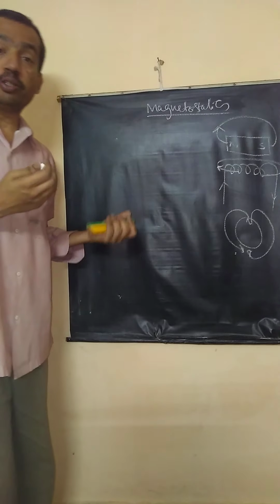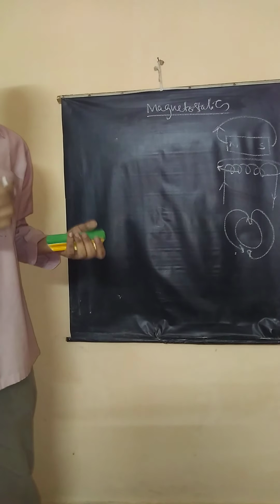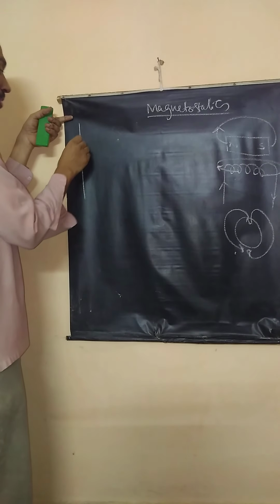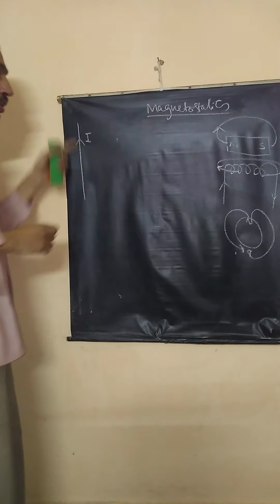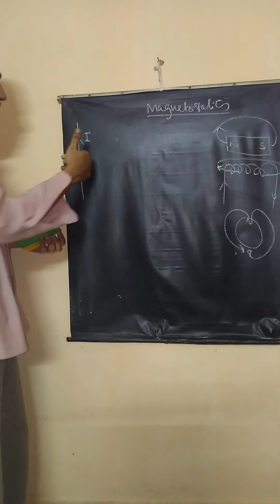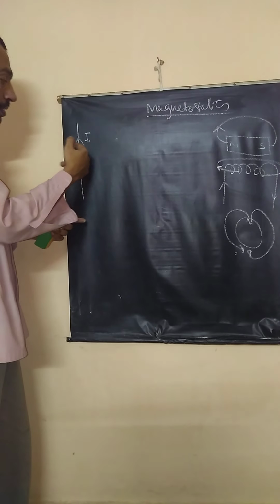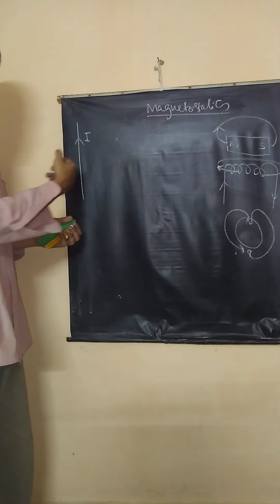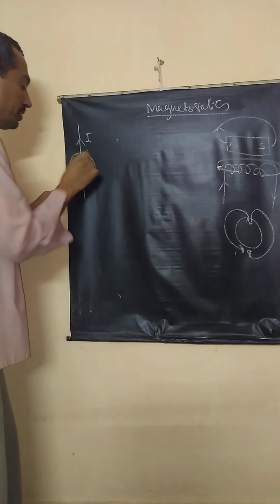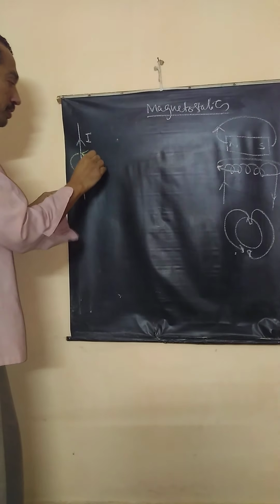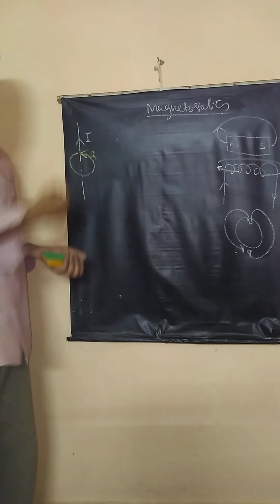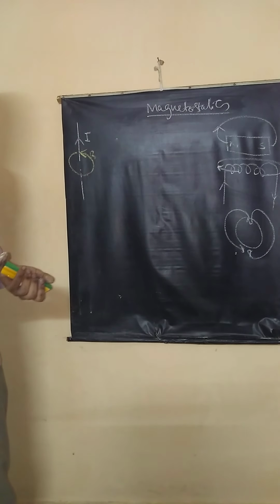How is magnetic field produced in nature? The fundamental process involved is that flow of current produces magnetic field. Let us imagine a steady current I flowing through a conductor. According to the right hand thumb rule, if the thumb represents the direction of the current, the magnetic field curls around it. So the direction of the magnetic field will be represented like this. Correct? This is the magnetic field. What is the magnitude of the magnetic field here? How does it vary with distance? What are the factors which affect the magnetic field?